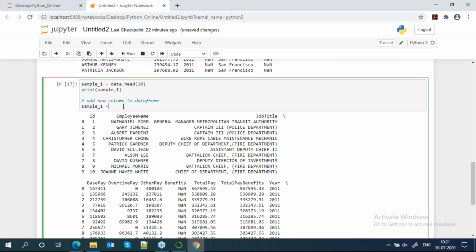Here you need to give a square bracket, then the column name. What is your column name? Suppose I say gross pay. And what is its value? I can combine base pay, overtime pay, other pay, and total pay. So you can use it like this.